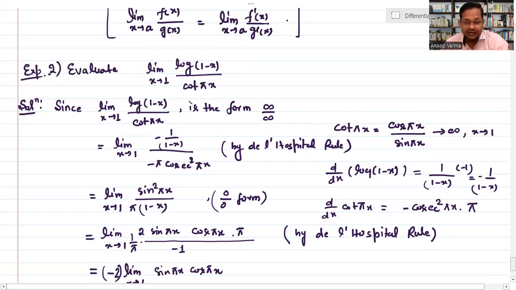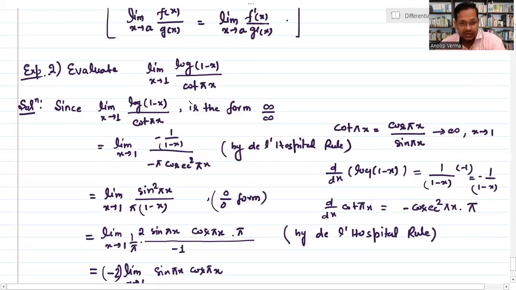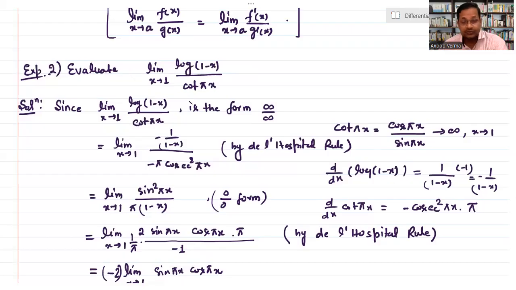तो आपको देखना क्या होगा, यू विल हैव टू चेक इट इज अ इनडिटरमिनेट फॉर्म और नॉट। अगर ये इनडिटरमिनेट फॉर्म है, देन यू कैन अप्लाई सच केसेस, और अगर नहीं है, देन आपका जो भी मेथड है, जो लेफ्ट हैंड लिमिट राइट हैंड लिमिट उसको निकालना, उसको देखना वो एग्जिस्ट कर रहा है कि नहीं। एंड नेक्स्ट यू कैन अप्लाई सच टेक्निक्स टू कैलकुलेट द लिमिट। तो प्रीवियस लेक्चर्स में हम लोग पढ़ चुके हैं, बट अभी हम वो कुछ स्पेशल फॉर्म्स पढ़ रहे हैं जिनको हम कैलकुलेट करते हैं बाय यूजिंग द एल हॉस्पिटल। तो इजिली एक सवाल आपका रहता ही रहता है आपके क्वेश्चन पेपर के अंदर, तो आप इजिली इस प्रॉब्लम को कर पाते हैं।